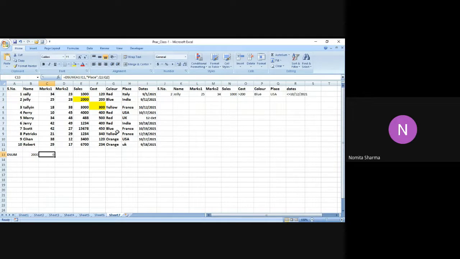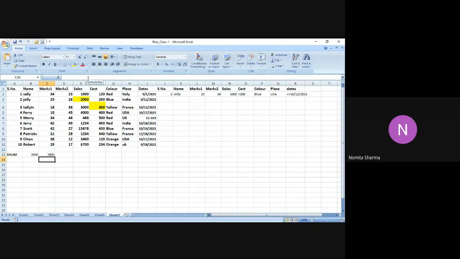I want to calculate. Oh, there's a big problem. Can anybody find out the problem? Yes, see, I can make out that. The biggest problem is that when we are going to calculate the sum, it's a very fair logic that the sum can be calculated only for a number. Now, see, I did a big mistake. I want to calculate the sales, and over here I've mentioned the field as place name. Now, name cannot be added; it cannot be summed up. So I have to actually mention the field name which I want to sum up.